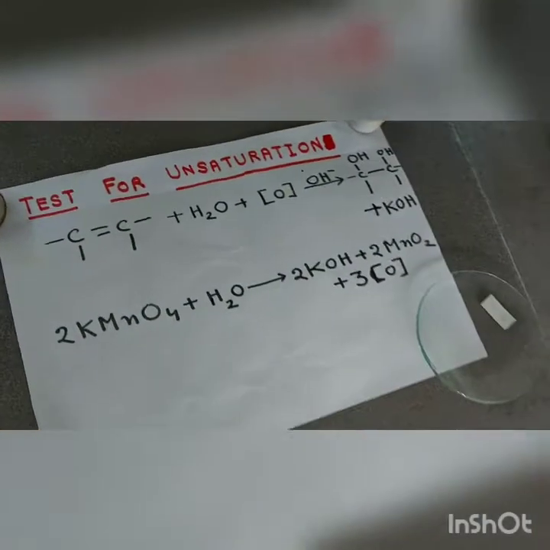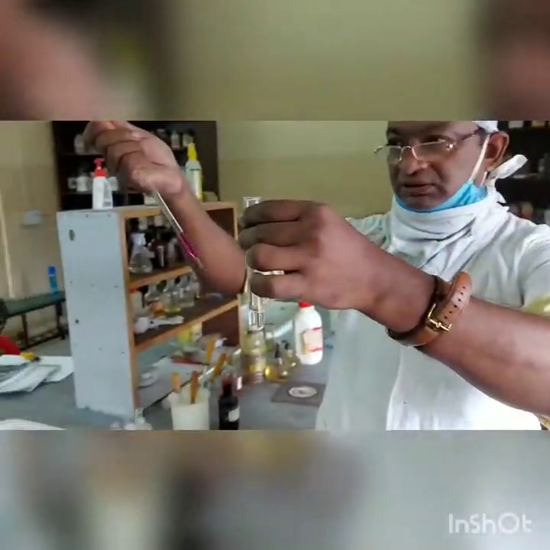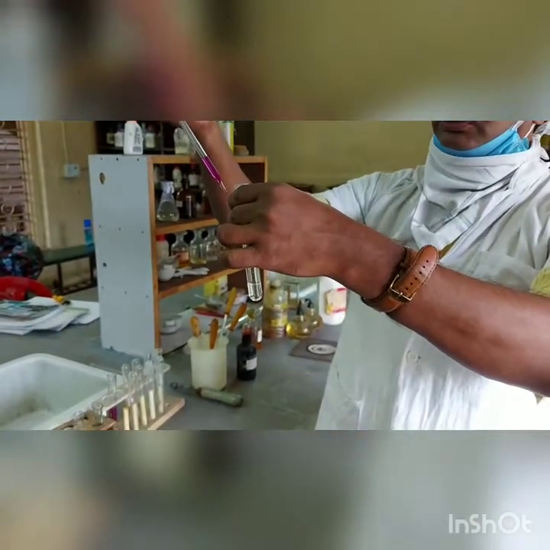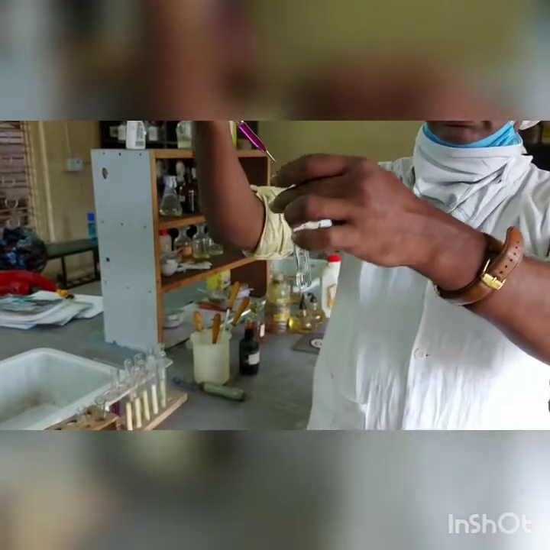Well, now I am going to show you the test for aliphatic unsaturation. I have got a solution in my hand. It is the compound having aliphatic unsaturation. I am going to add an aqueous solution of alkaline KMnO4. Alkalinity has been done by sodium bicarbonate. Just see, the color will disappear immediately. Pink color is going to vanish.